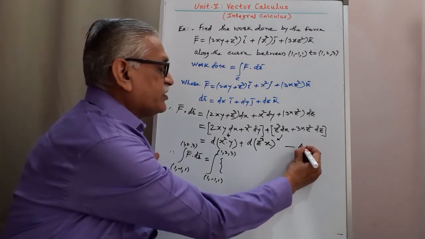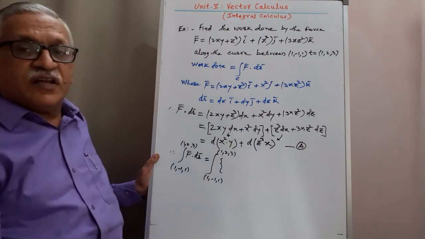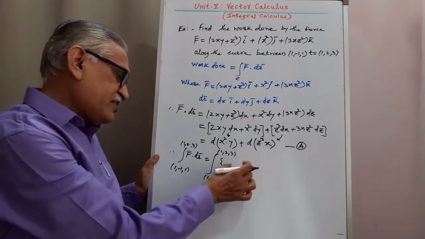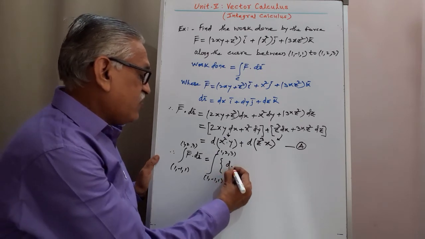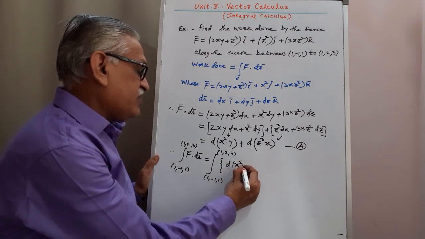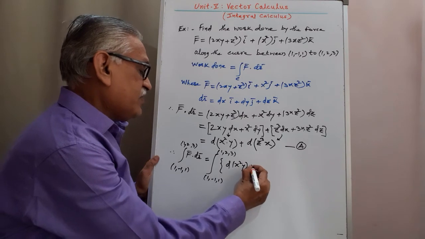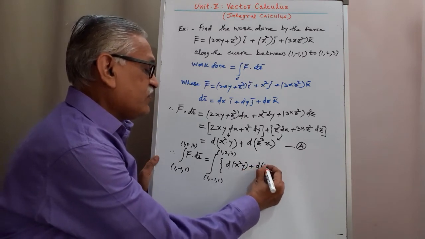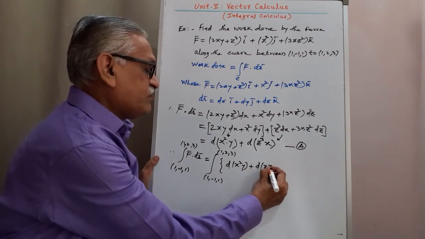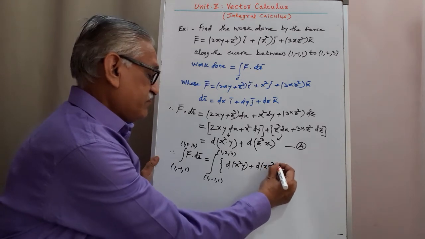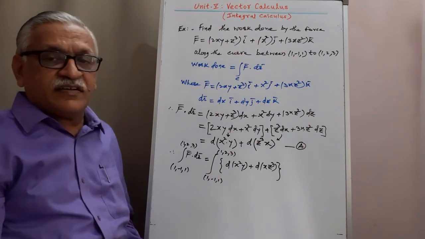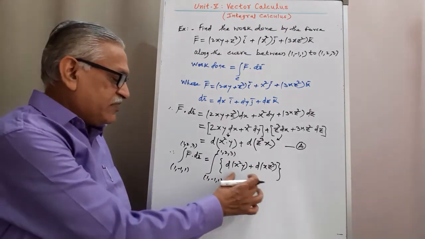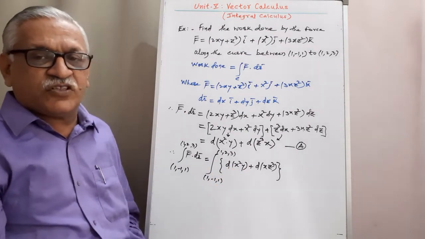We call this equation A, suppose, and therefore substituting that here we get d of x square y plus d of xz cube, and then integrating this term, integration of derivative, cancel each other, and we get